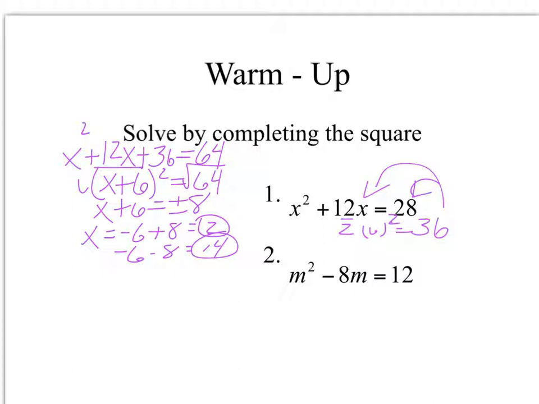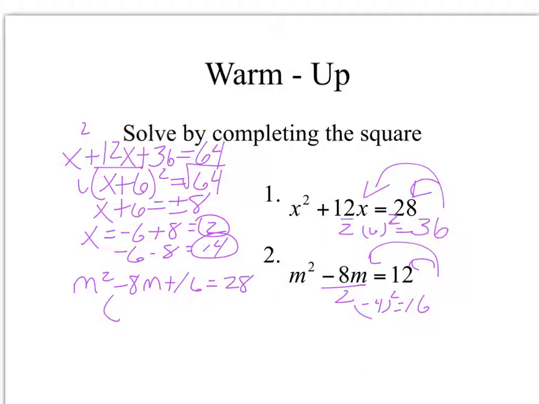Number 2, I'm going to divide by 2. I'm going to get negative 4. I'm going to square that and get 16, which gets added to each side. So I end up with m squared minus 8m plus 16 equaling 28. Be careful when I break this one into the square of a binomial. It's going to be m minus